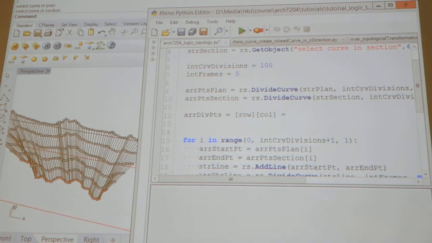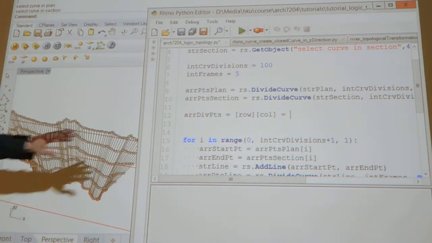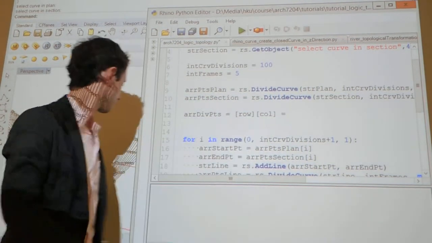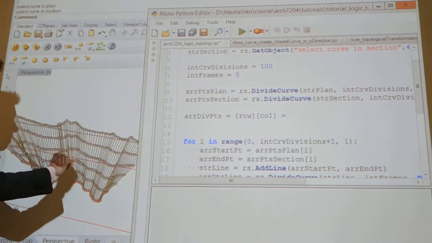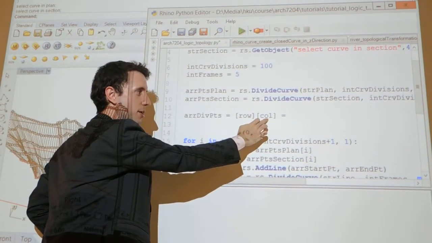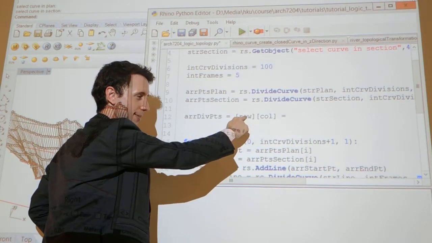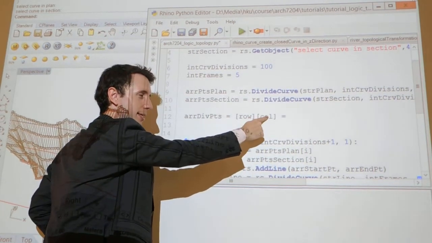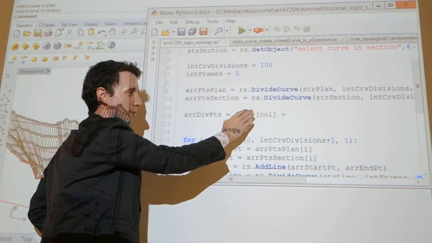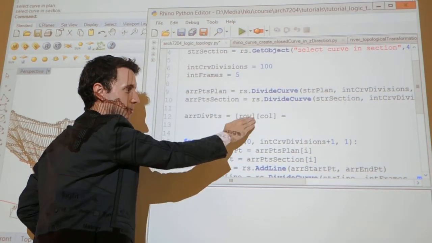Okay. So for instance, if we wanted to say array div points row column equals a particular point, okay, we can't actually create that because it doesn't know that row index something is a column or is a list. Okay. So we have to specify the size of this initial